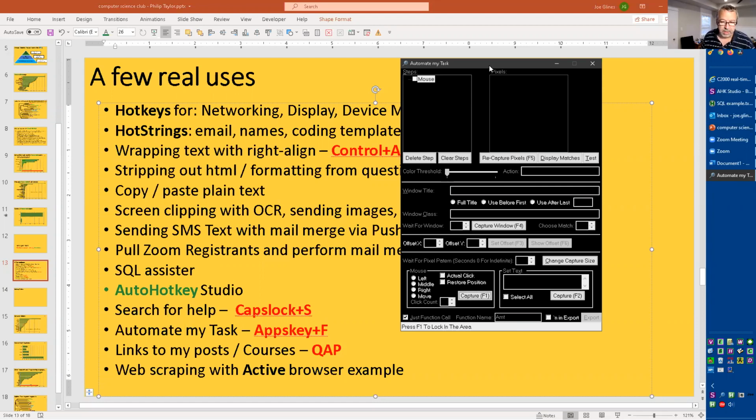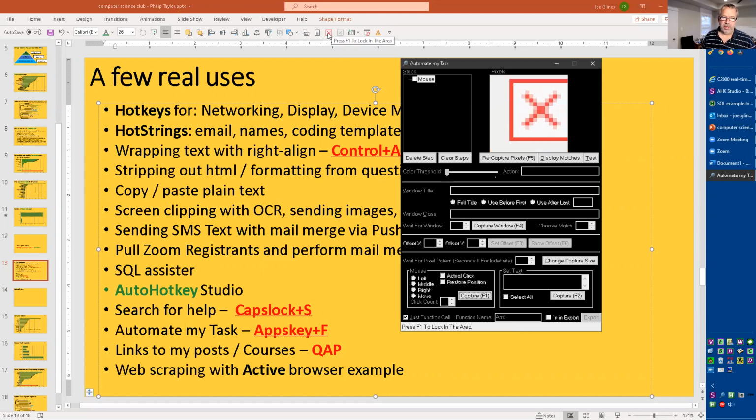I'm going to hit F1, and it asks what do you want to look for? I want to look for that. Move away. Now, let's say I want to display matches. Oh, look, it found it. And there was only one. If we saw more of them blinking, that would mean I can adjust the index for which one